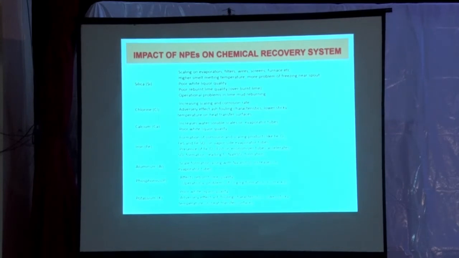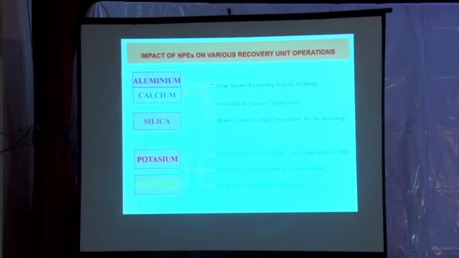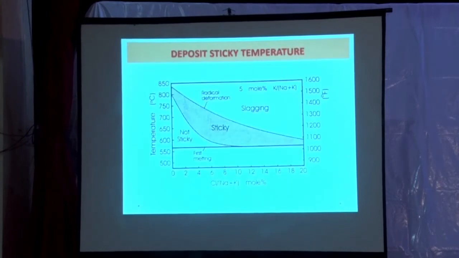Just because there are a number of NPEs, I will stick to the discussion on silica, chloride, and potassium to do justice with the content. This is again the same. Now, just to start, what is the impact of chloride? Just to quantify things. We all know that it has an adverse impact, but how much? The quantification source, if we have